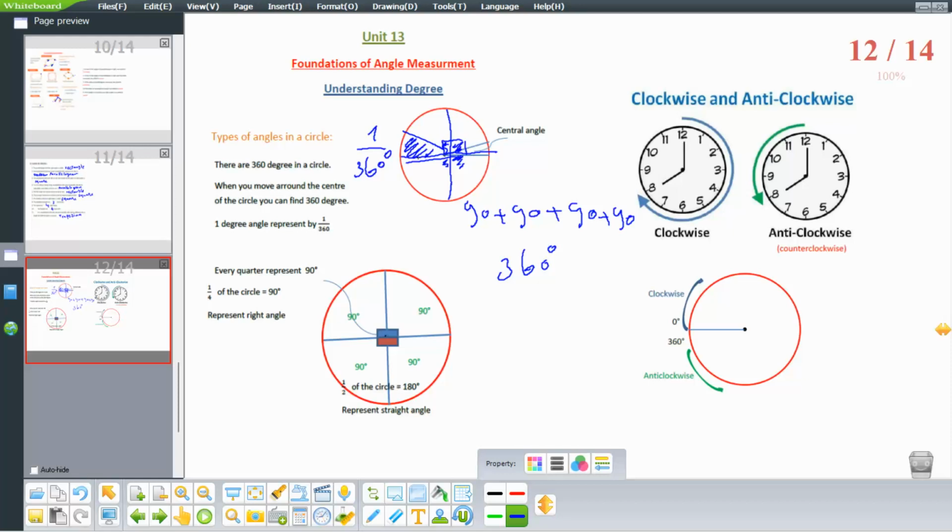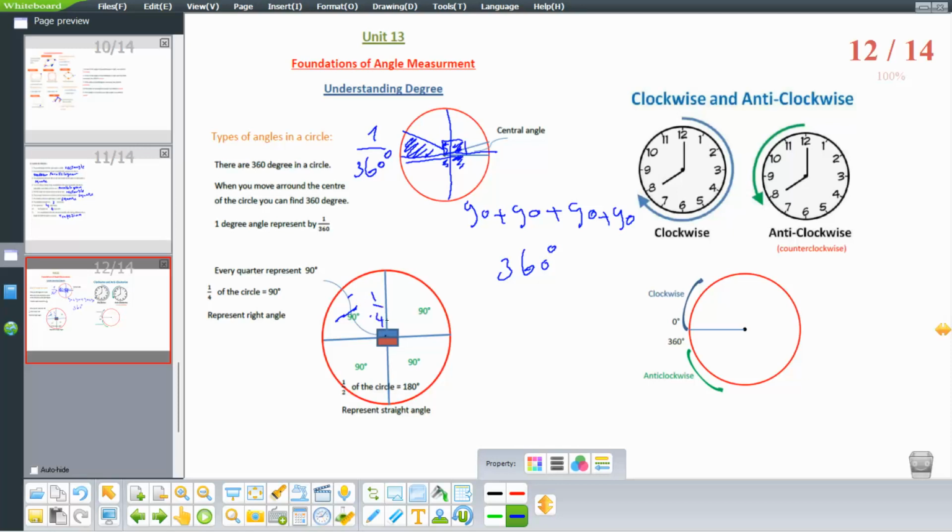We call any angle which has the center of the circle as the vertex a central angle. Every quarter in the circle represents 90 degrees,